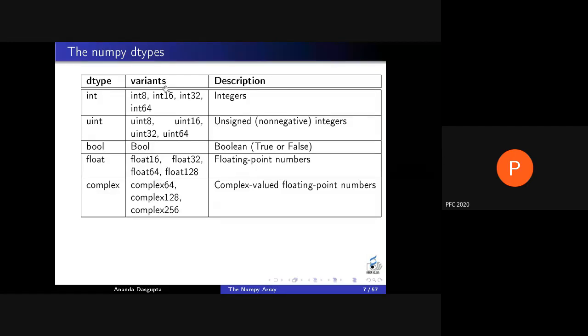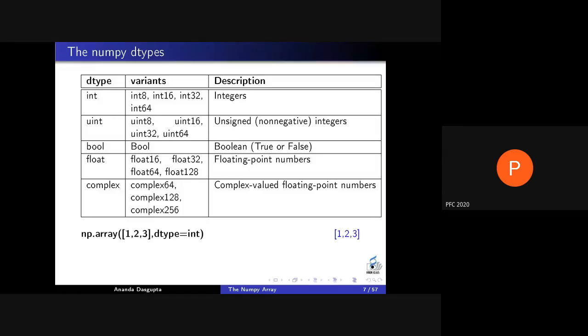Similarly, floating point comes in various sizes. There's always a default size. As you saw in my machine, the default floating size was 64. On a standard 64-bit machine, it would be 128. Mine is a 64-bit machine, but the Python implementation I'm using is 32-bit. Similarly, complex would be typically double the size of float.